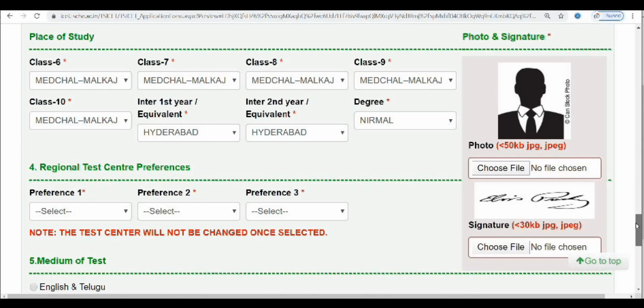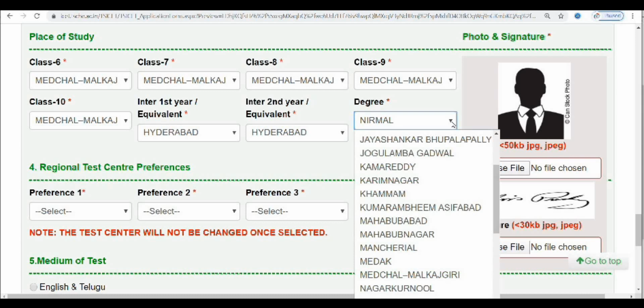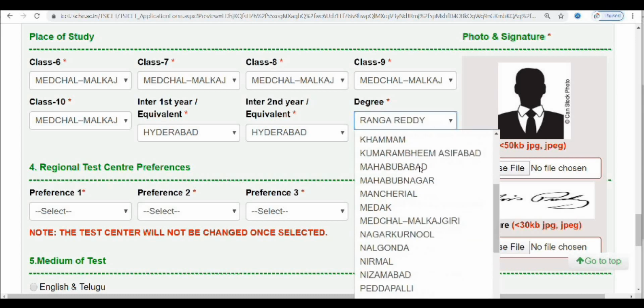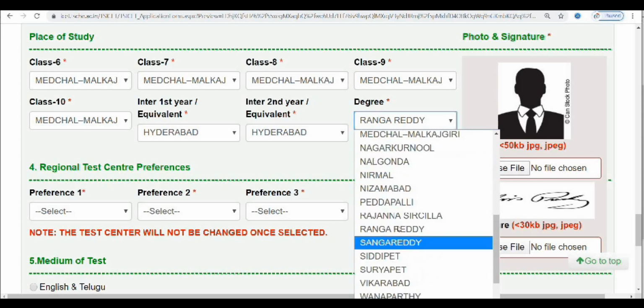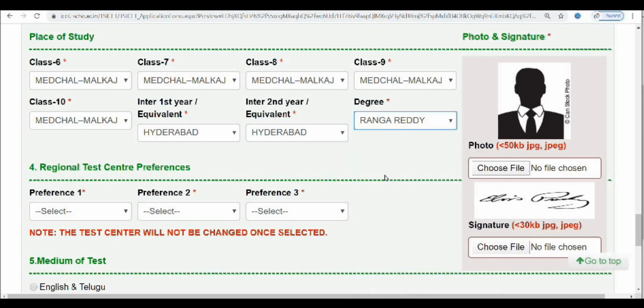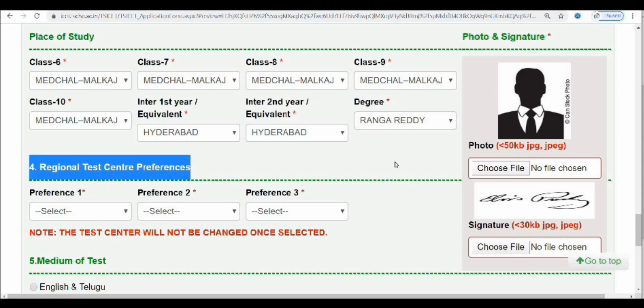10th class, first year, second year, where you have studied. So all those details you can choose. So once you choose those details, like this you will be able to see everything. So whatever the area you are from, you can choose. You can just type and click whatever the area, whether from Adilabad, Nizamabad, you can choose those. And then you can